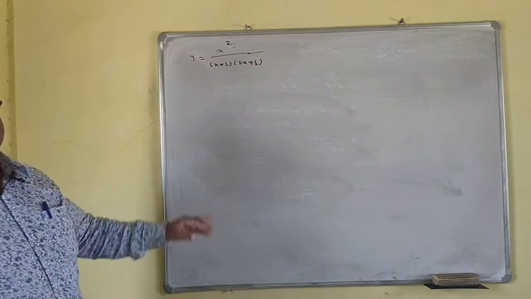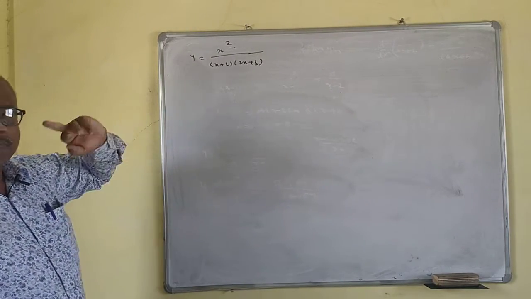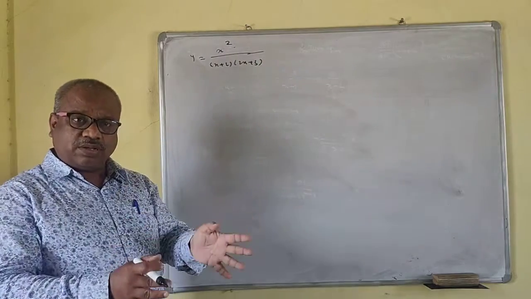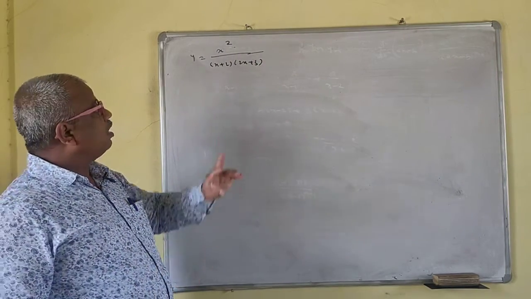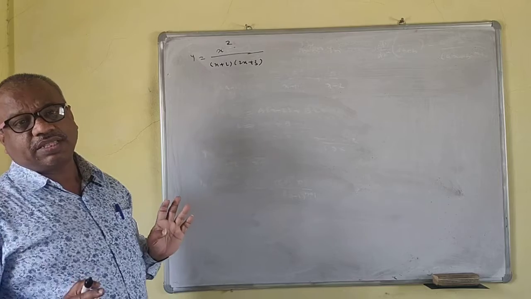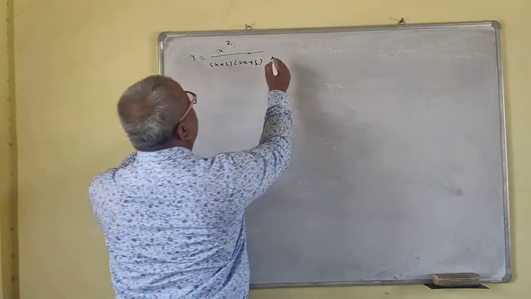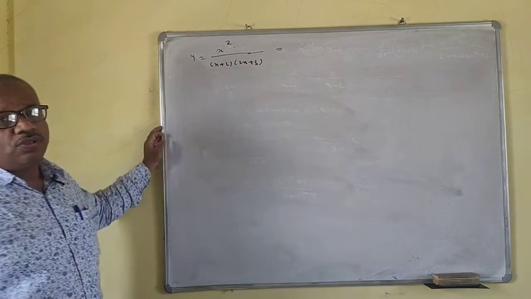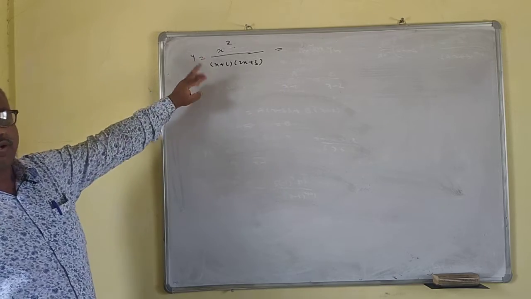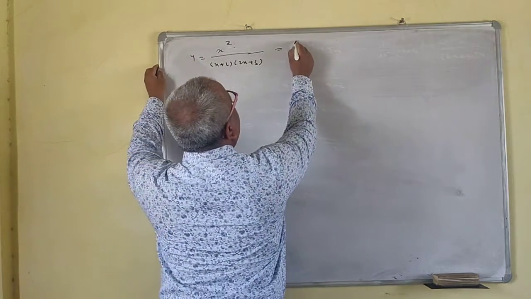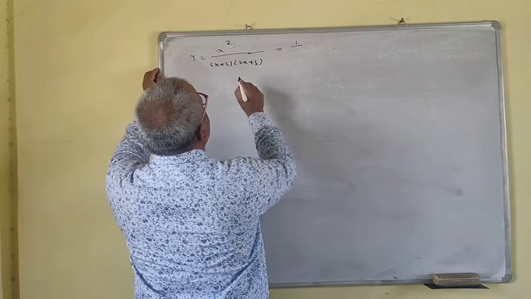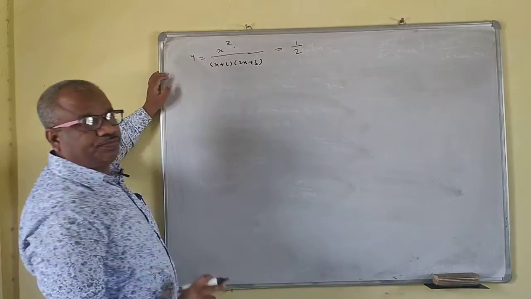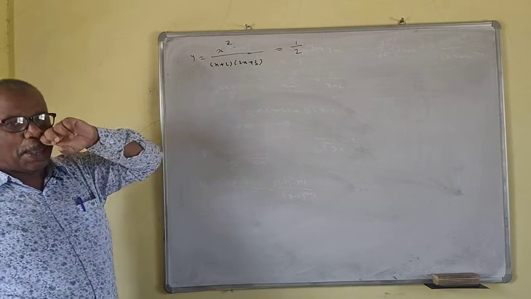Now here for the partial fraction, directly you can write a upon the first factor, b upon the second factor. But here the degree of the numerator is the same as the degree of the denominator. So what do you have to do? We have to compare the coefficient of x square. The coefficient of x square from the numerator is 1. The coefficient of x square from the denominator is 2. See here, if you multiply this, this is 2x square.